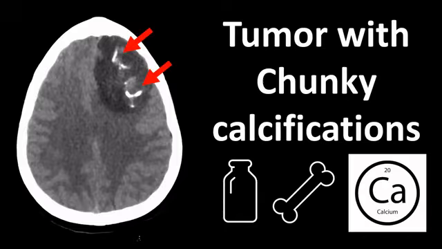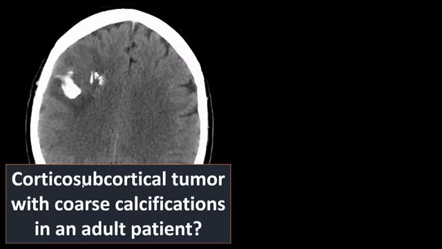We see here a hypodense tumor, and located within the tumor, we see some chunky calcifications. The tumor is located in the left frontal lobe and seems to arise in the cortico-subcortical transition area. This combination of findings is very characteristic for one specific tumor, namely an